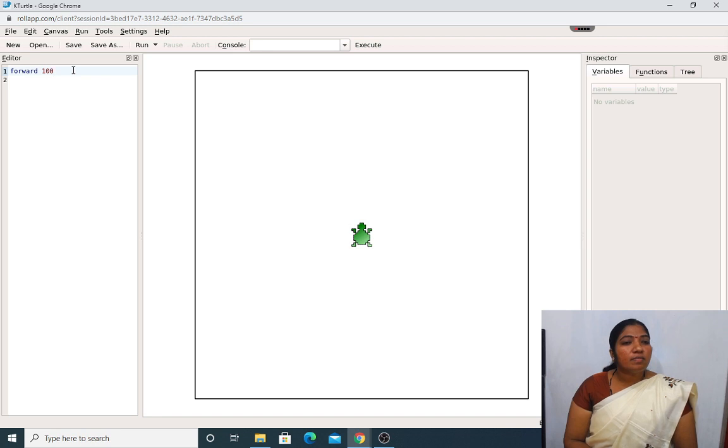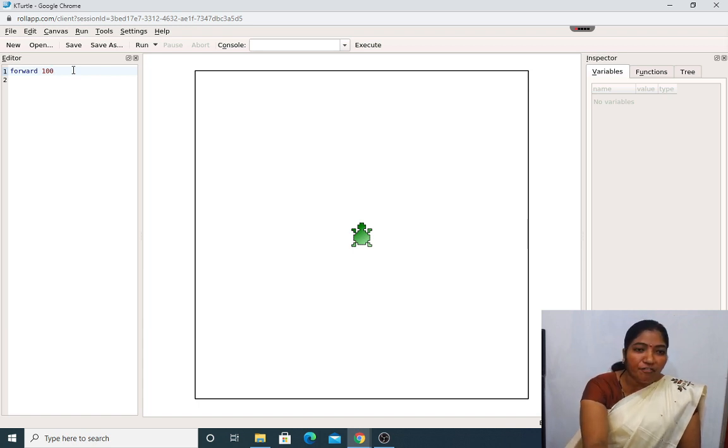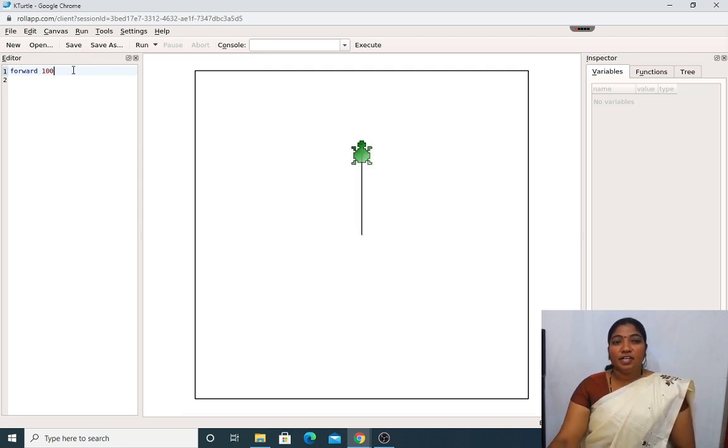Then, to run it, I will press the F5 function key on the keyboard. Did you notice it? The turtle has moved 100 forward.